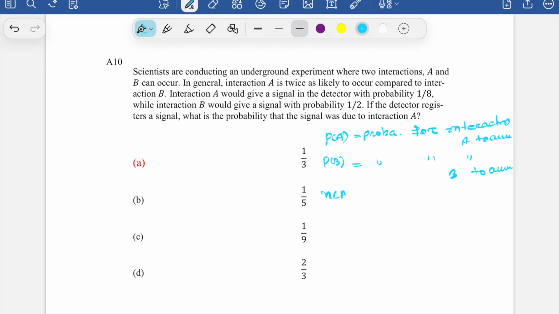Let's say eta A is the probability for interaction A to give a signal in the detector. Similarly, eta B is the probability for